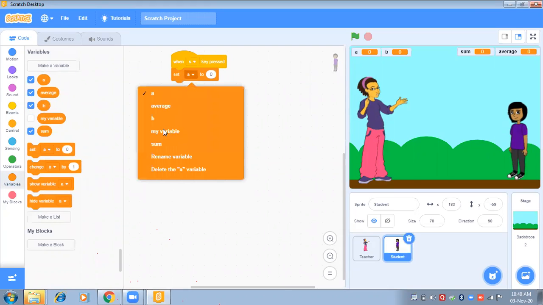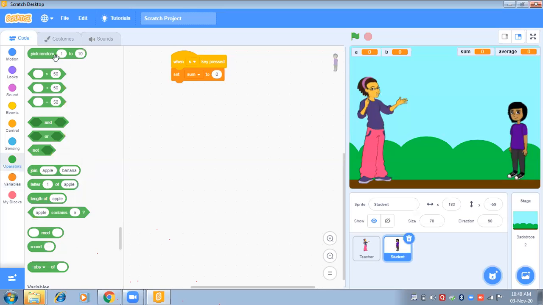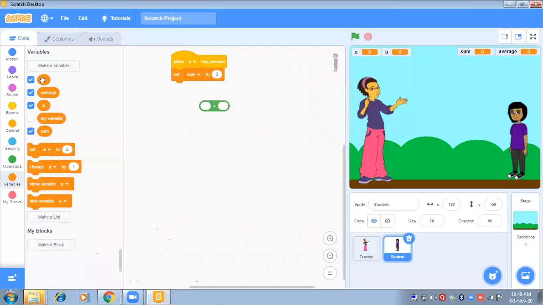So set sum to A plus B. So we will drag this operator first. Now drag the A and B variables here. Sum equals A plus B. Now drag it inside this.